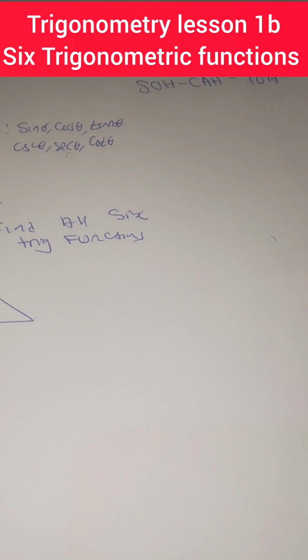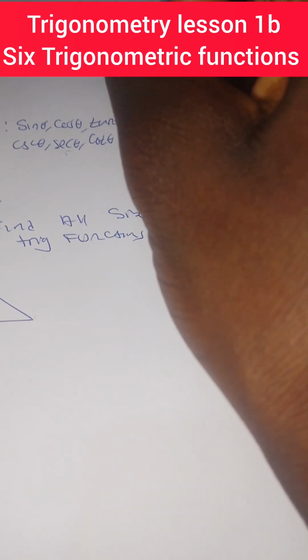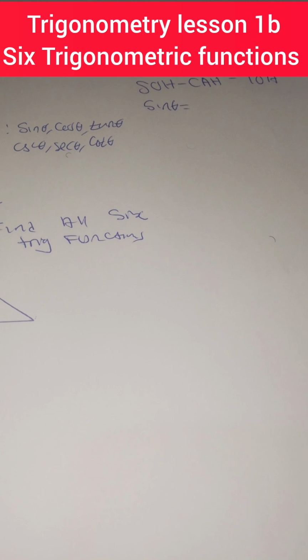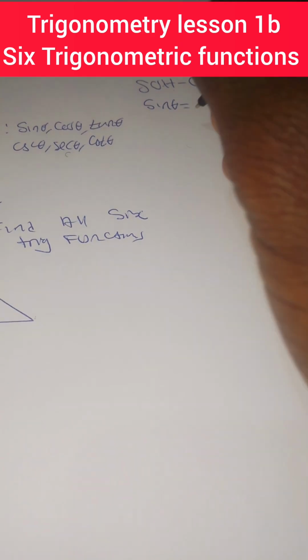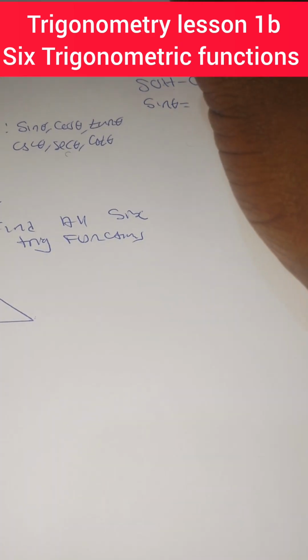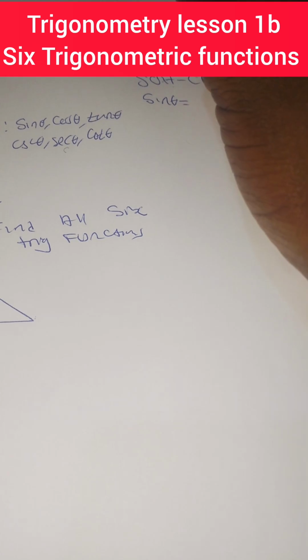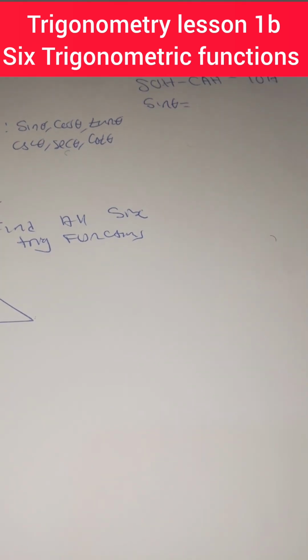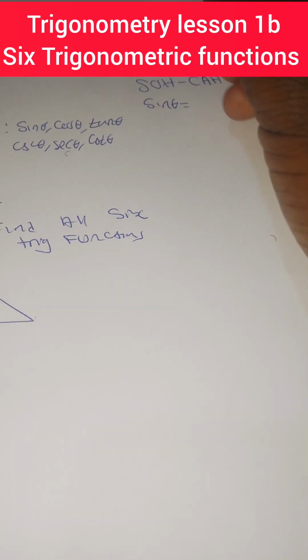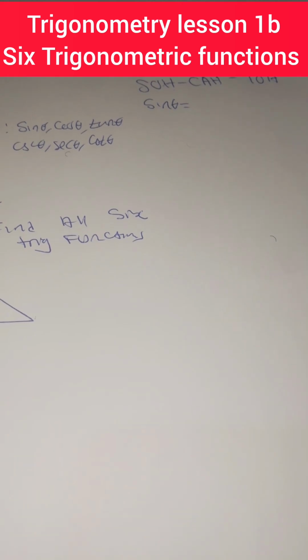So what's the formula for sin theta? The formula of sin theta is equal to what? Opposite over hypotenuse. When you have a right-angled triangle, let's put it here, a right-angled triangle like this, we have an angle here. Here we have 90 degrees. The hypotenuse is this one that is opposite to the right angle. Then opposite is this one that is opposite to this angle, and adjacent is